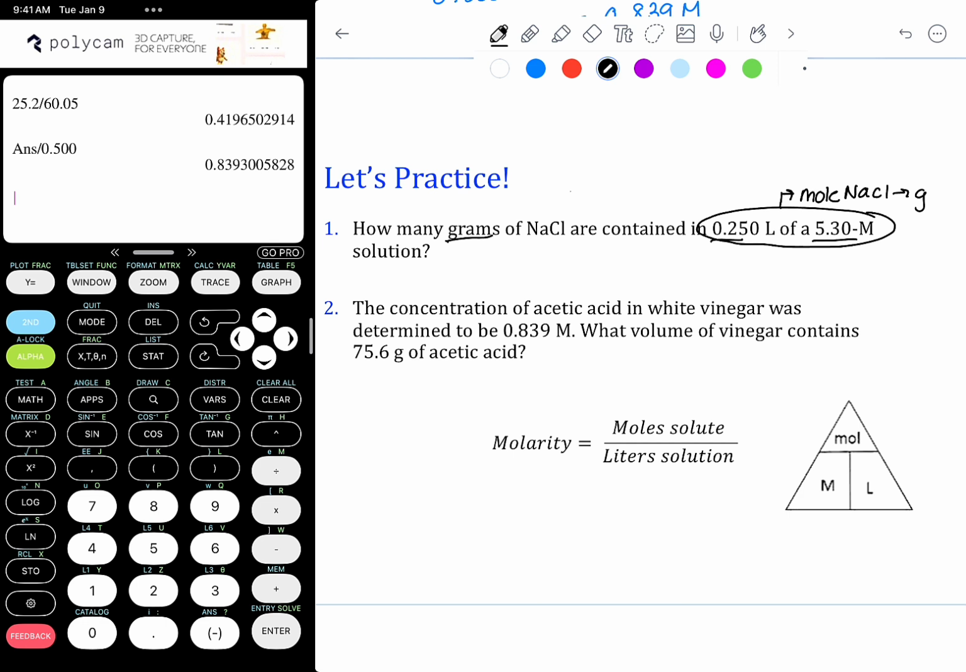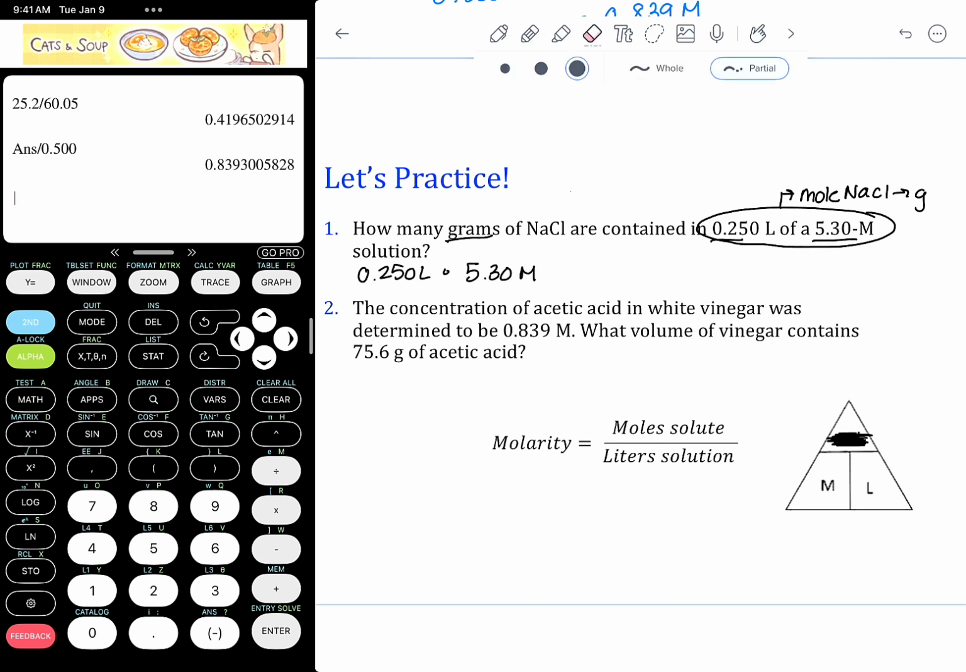For our first example, using the molarity triangle, if we want to find moles first, before we can go to grams, we're going to cover up moles, and we say that the molarity needs to be multiplied by the volume. So that's our first step. We're going to take 0.250 liters and multiply it by 5.30 molar. Again, we can rewrite molar as moles per liter. So we can see that our liters are going to cancel, and we're left with